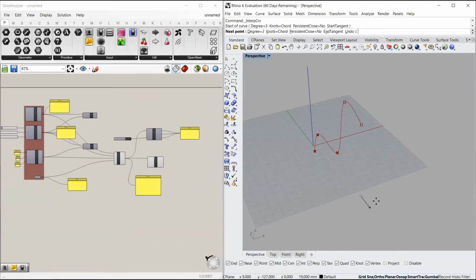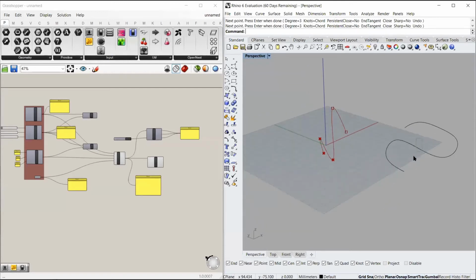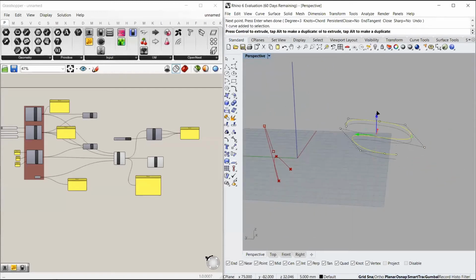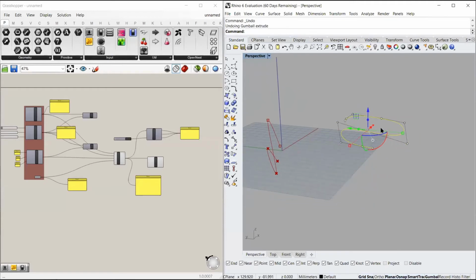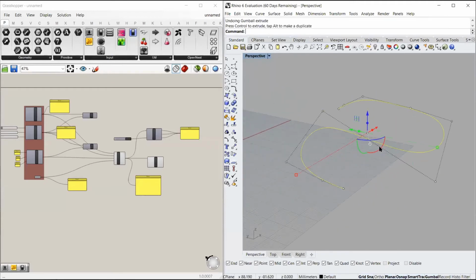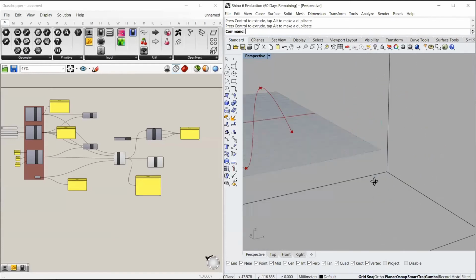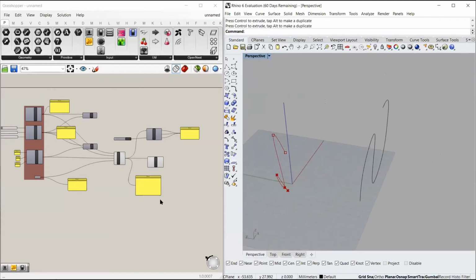Now you can see since my ortho is on, as it is done in CAD, I can switch off my ortho and I can make a smooth curve. I can use this gumball to give it a direction other than 0, 0, 0 and rotate it in X direction to give it a Z factor.